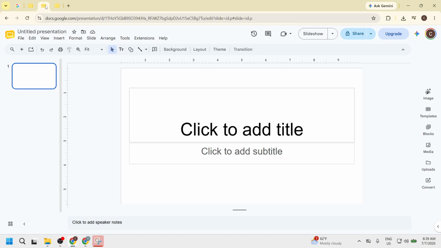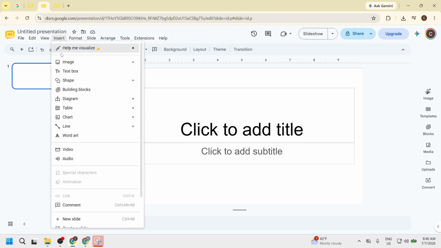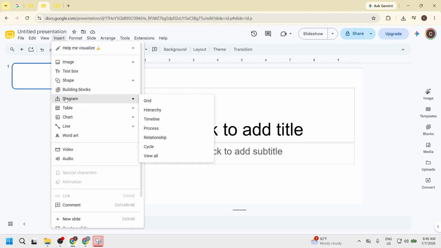your visual elements. Next up, click Insert in the top menu and select Diagram. The Insert menu is a powerful tool that houses various elements you can add to your slide. By selecting Diagram, you are telling Google Slides that you want to add a visual representation to your work. This is essential because a diagram can break down complex information into manageable visuals, making your message clearer to your audience. After that, a sidebar will open on the right.